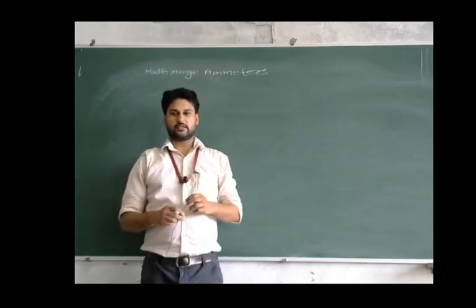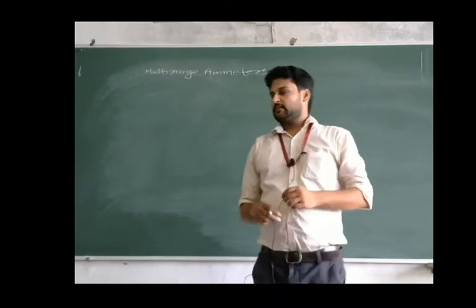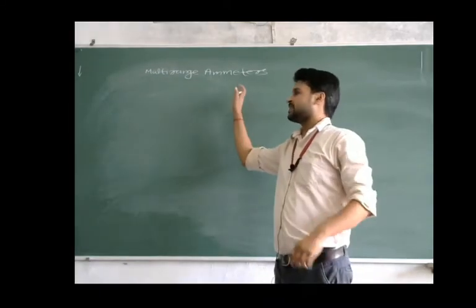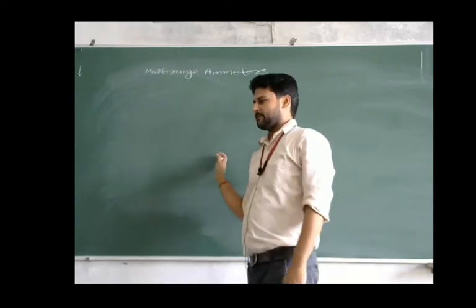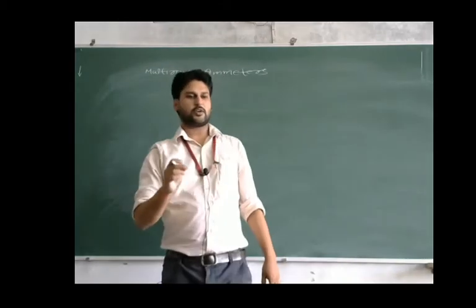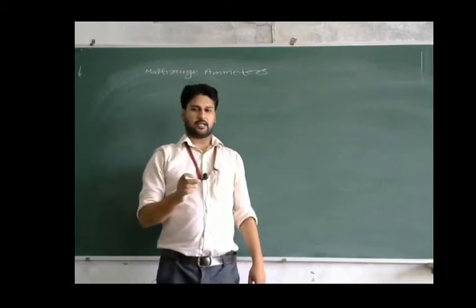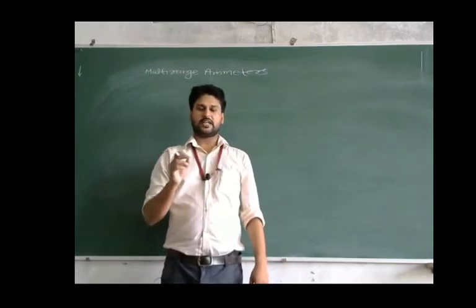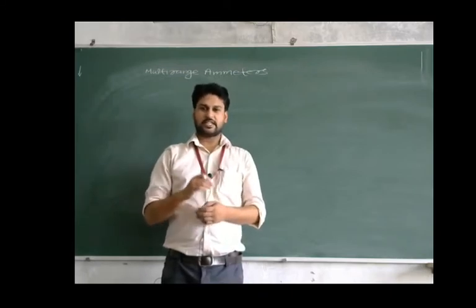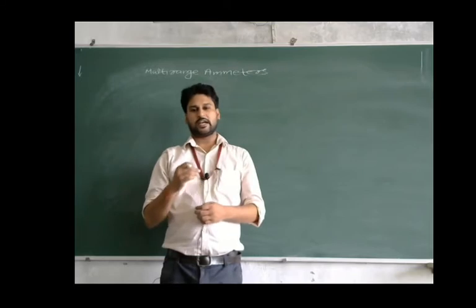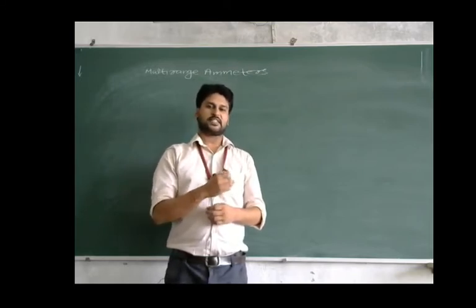In continuation to the previous lecture, I am going to discuss the multi-range PMMC ammeter. In the previous lecture, we have seen how a swamping resistance can affect the value of the error. By using the swamping resistance, a high value resistance in series with the ammeter, we can reduce the error of the measurement in the PMMC ammeter.